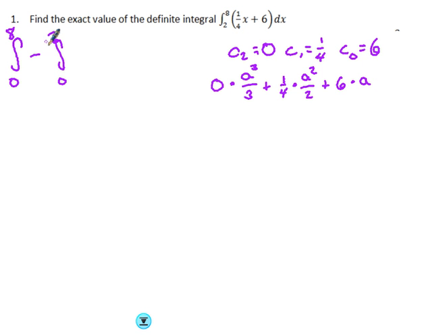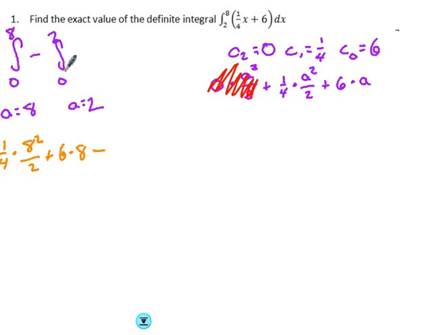So if we take this back over to how we broke our integral up into two parts, the upper boundary in the first half is 8 and the upper boundary in the second half is 2. If we integrate the first part with 8, 0 times anything is 0, so this whole term cancels out. It's not really needed. So if a is 8, this is 1/4 times 8 squared divided by 2 plus 6 times 8